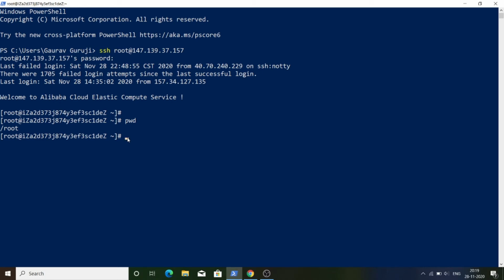The first step to install Terraform is to create a directory, and inside that directory you install the Terraform package. So first we will create one directory, and to create a directory the command is mkdir. I will name the directory Roku Cloud.